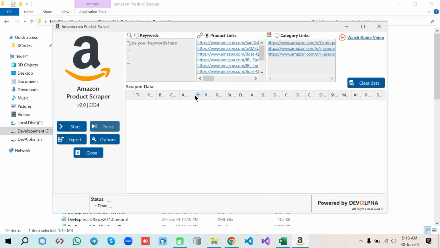Well, today we are going to scrap the products by using the keywords. Here are three options. One option is to scrap the products by using keywords, by using the product links, and by using the category or supplier links. We are going to scrap products by using the keywords today. Let's type some keywords here, like